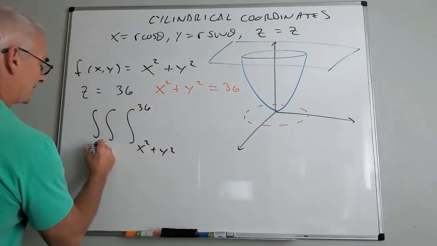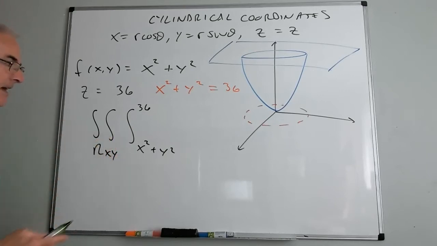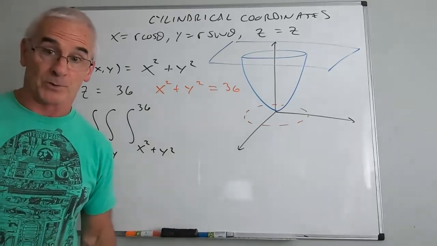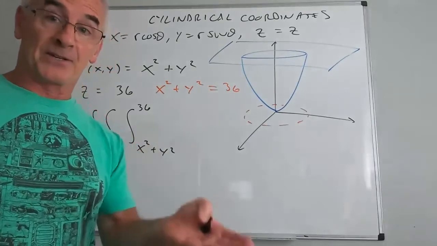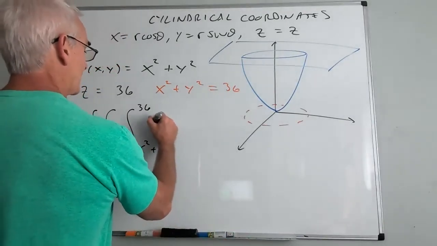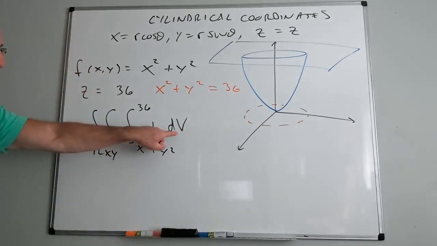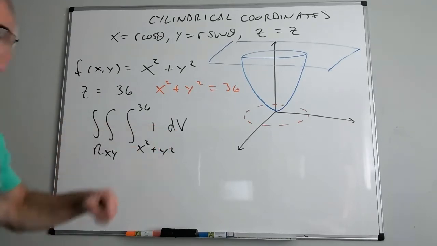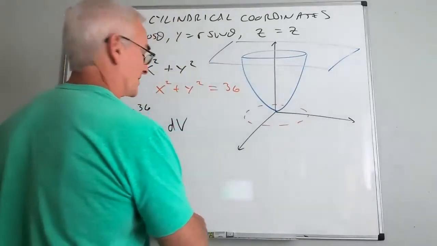Okay, and this, I'm going to still call this my region in the XY plane. Now you say, well, but I thought we don't do volumes with triple integrals. No, we don't do volumes with triple integrals. But when I switch over to polar, I'm going to have an extra variable anyway. So right now, this would be 1 dV, or probably dz dy dx or dz dx dy. So when I switch to spherical coordinates, or excuse me, cylindrical coordinates, sphericals later,